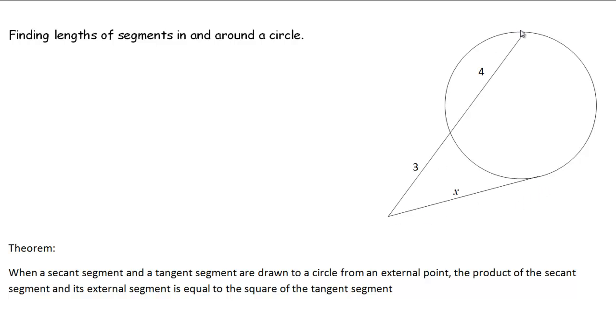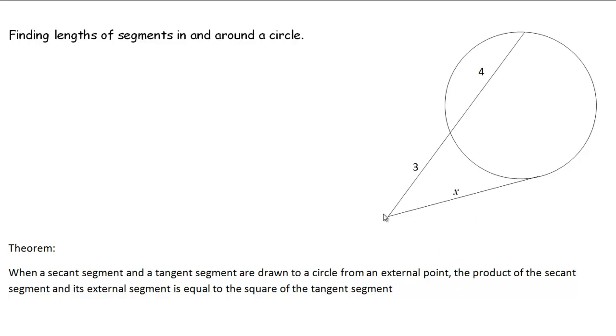This is not called a tangent because it's not touching the circle once but twice, 1, 2. And so this is actually called a secant. So let's read our theorem. When a secant segment and a tangent segment, so here's our secant, here's our tangent, are drawn to a circle